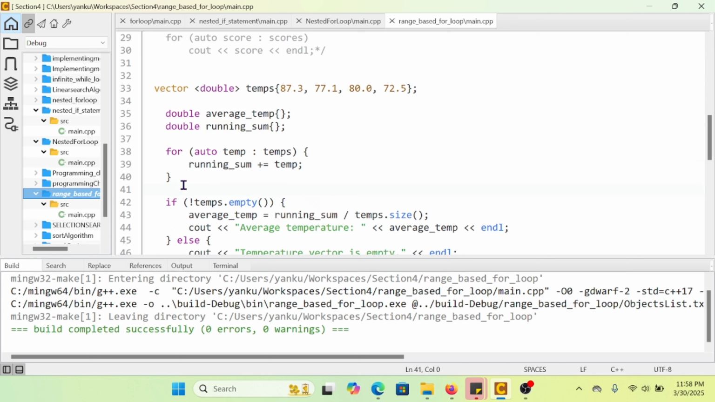So after that I have the next section of my code. This section is just here to check if my temps vector is empty or not. So if my temp vector is not empty, the average temp should be equal to the running sum divided by the temp dot size. You understand that, right? Temp dot size normally should be the size of my vector, which is 1 2 3 4. So after that I'm going to see out average temperature